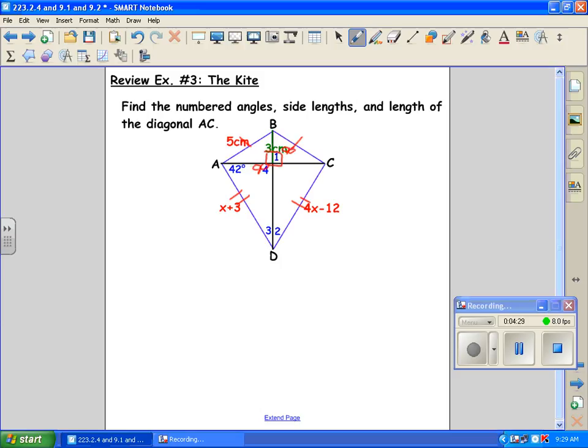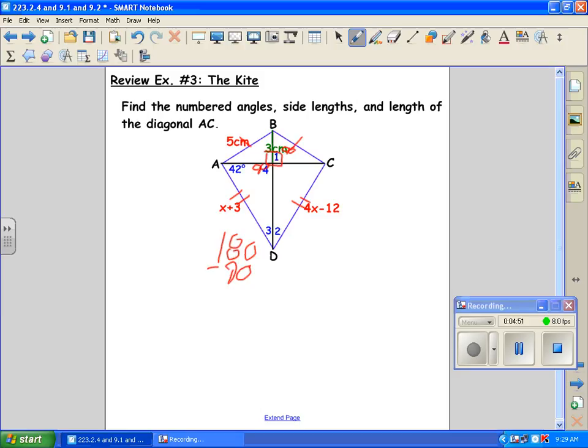Slow down, Monty. All right, so let's find out the numbered angles here first, which Peter identified as 90 degrees because diagonals are perpendicular. We talked about that earlier today in class. So angle 1 and 4 are 90 degrees. And Peter now is going to help us find the numbered angles there, 2 and 3. And what he recognizes now